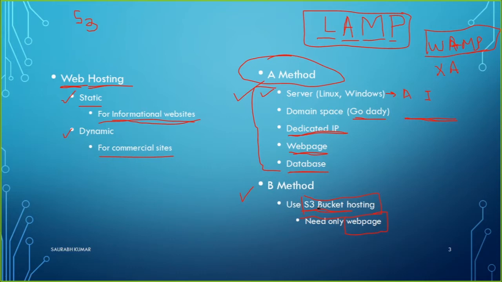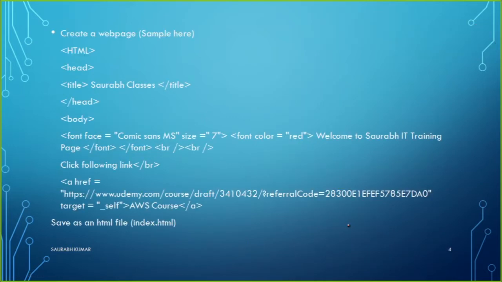To perform this practical, the very first thing we need is a web page or a website which we are going to use to do some practical. If you already have a web page created either in PHP or HTML somewhere, then you can use it for your practical purpose. If you don't have one, then we are going to use some basic HTML code to create a small web page, and I am going to show you how to host it, how to keep it on the S3 bucket.